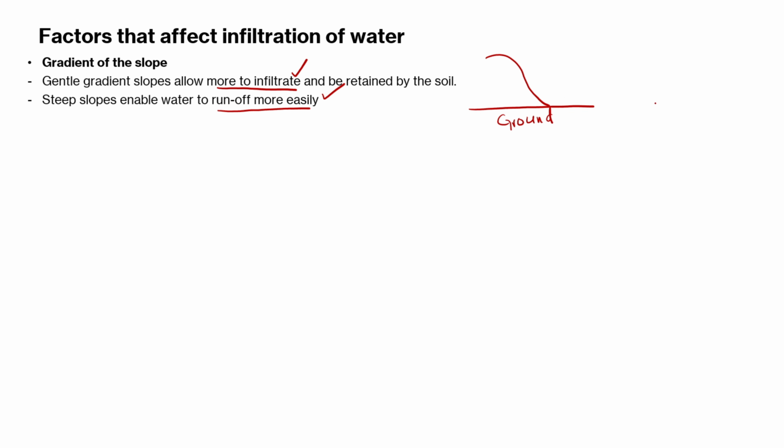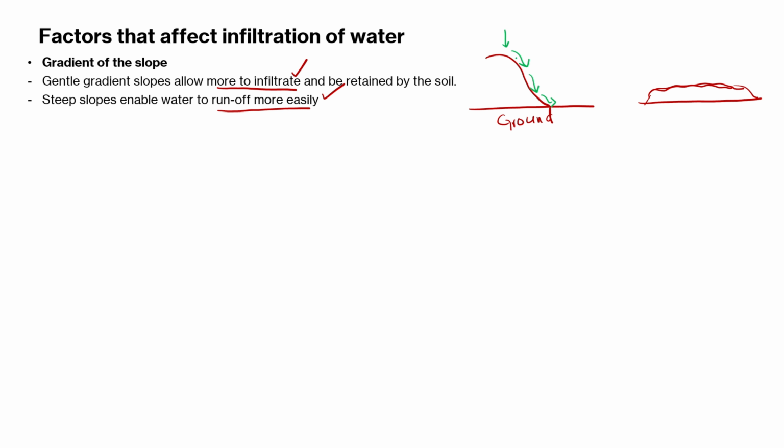And then let's just say this is another hill, something like this. So we're having two scenarios here. I'm not so good at drawing, but something like this. So basically, when you have got a steep gradient, it just means that when water pours here, it will eventually flow off because the gradient is steep. Okay, the water will eventually flow off.